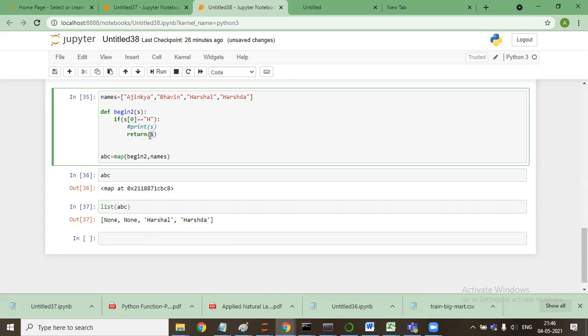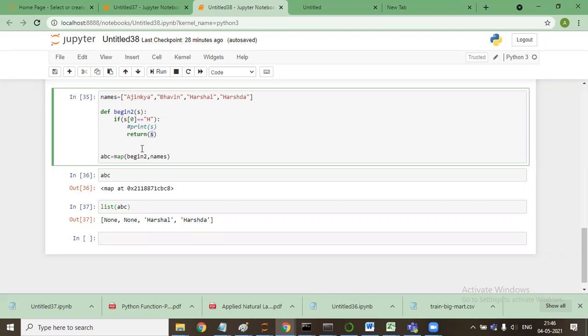Are you guys with me? Yes, sir. So it will say none, Harshal and Harshda. But in this scenario, when I say print, it does not have the capability to return anything. Are you with me? Yes, sir.